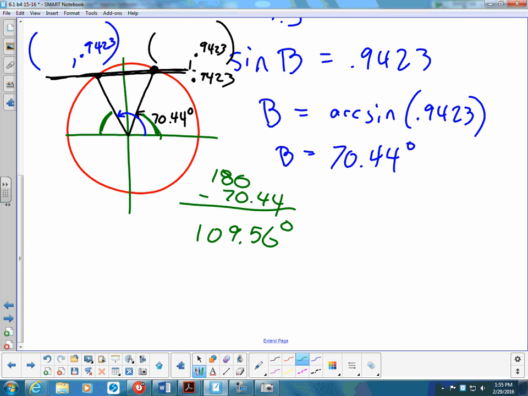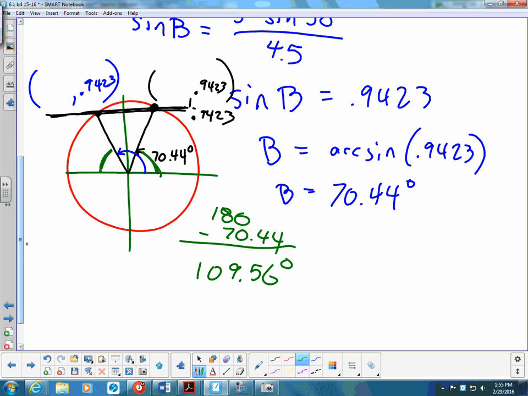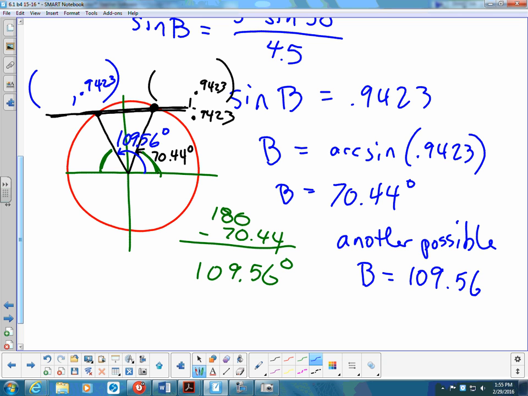So that's the other possible B value. I'm just going to say another possible B angle would be 109.56 degrees. But hold up, we don't know yet that the second triangle is possible with an angle of 109.56,